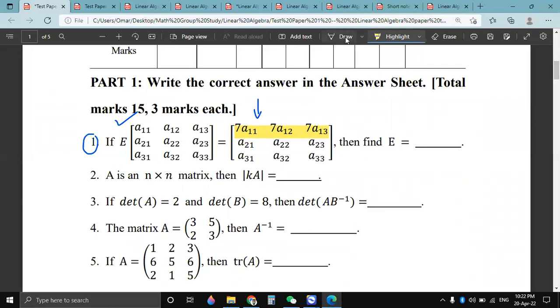So we have to take the corresponding identity matrix for this particular matrix. Like this is a 3 by 3 matrix, right? So we have to take a 3 by 3 identity matrix, and then you see here we have multiplied 7 with the first row. So we also have to multiply 7 with the corresponding 3 by 3 identity matrix. So it will look like this way: